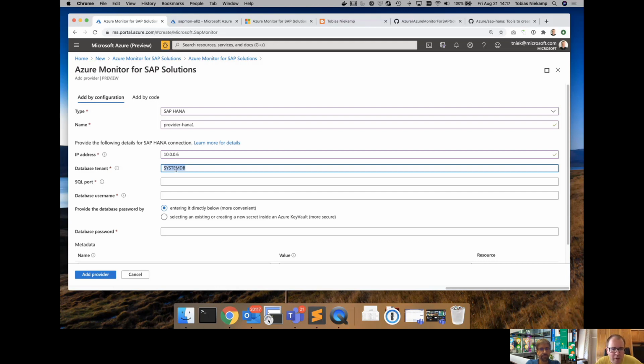The reason why you want to connect against the systemdb is that certain metrics, like for backup or HSR, HANA system replication, are only available in the systemdb tenant. You could later on still add specific database tenants if you so desired. You would put a port. So this is typically 3, then the instance number, and then 13. You need a username and password.